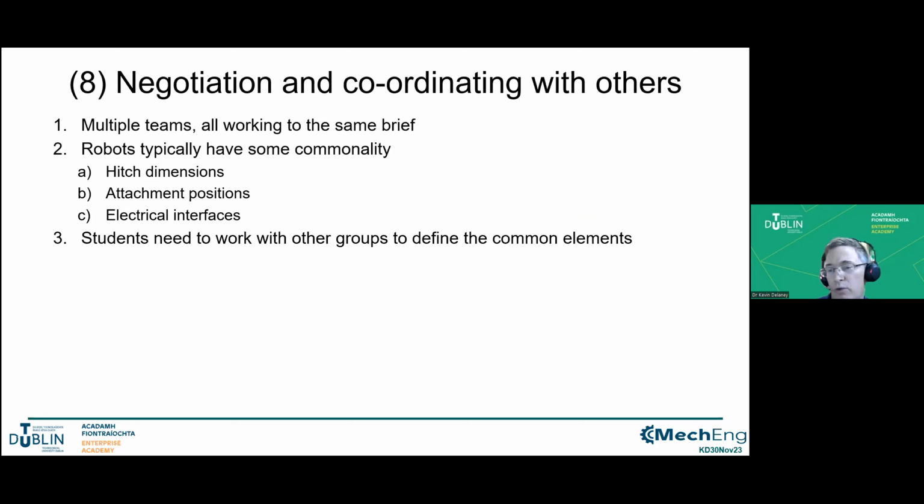We had a firefighting robot a few years ago where it had a tank of water on the back. It had an arm that would raise to a particular angle, and then it would pump the water over a barrier. And again, the students have to negotiate with themselves, and they have to come back and tell us, this is going to be the interface components. It's amazing how a very simple challenge can become incredibly complex when you have 20 different people trying to negotiate. But again, it's all part of the learning. They need to work with the groups, and they need to define those common elements.